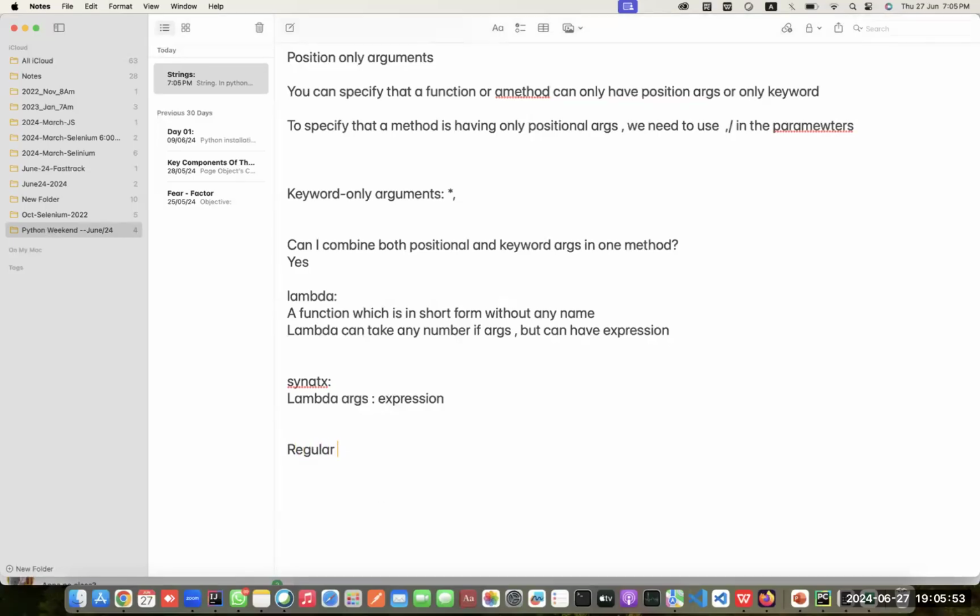Let's see about regular expressions in Python. Okay, so regex is a special approach to deal with string data. Okay, so regex is used to